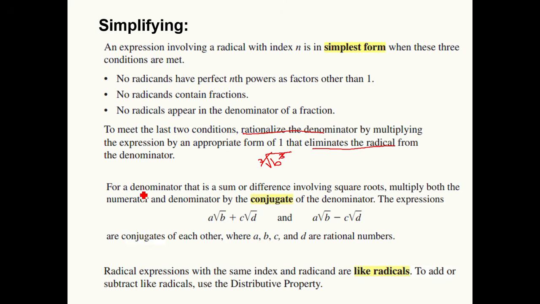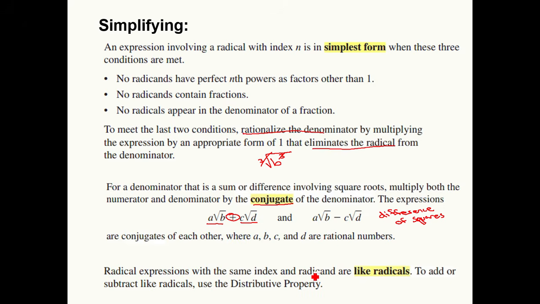It gets a little bit more complex if we have a denominator that is not just a radical term, but a sum or a difference of two terms. We multiply by the conjugate. And all that is, is the same expression, but we change the sign in between. We are trying to set up factors that look like a difference of squares. And you'll see why as we go through an example. If we have a difference of squares multiplied together, what we end up with are really two terms that end up being squared, or in our case for other roots, the root ends up getting canceled when we FOIL them together.